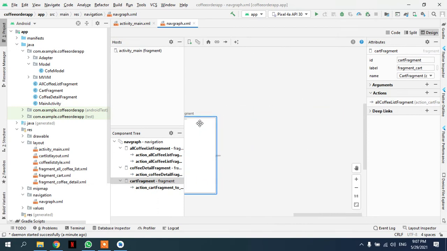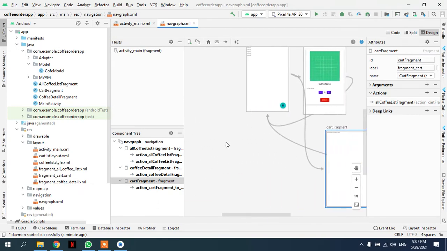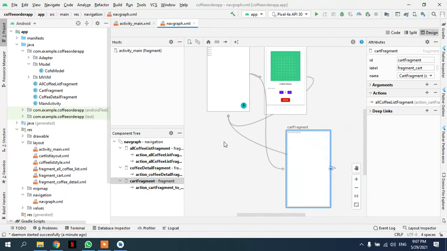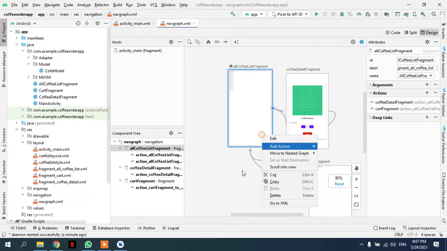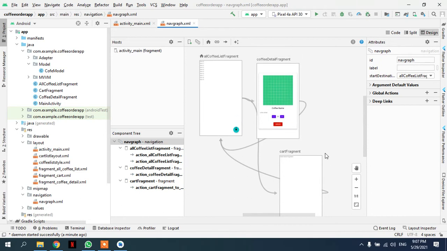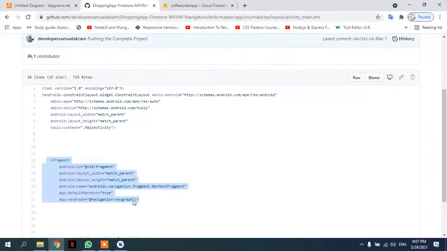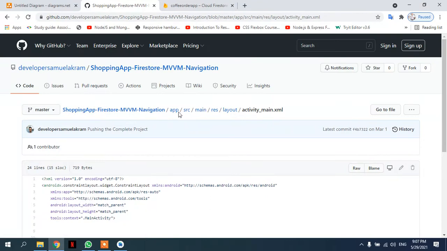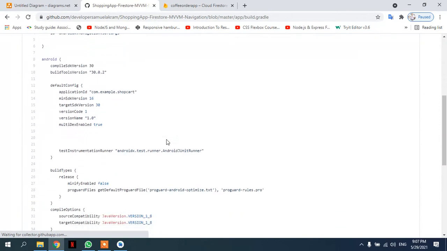If I can, oh wow, let's just try to make it visible. So this is our path, and maybe this is the 10th or 12th time I'm explaining how to do navigation. So yeah, this is the path that we have done, and let's just leave it here for now, and our Firestore is connected. So I would like to add some libraries because we want to load images. So let's just go to build.gradle,